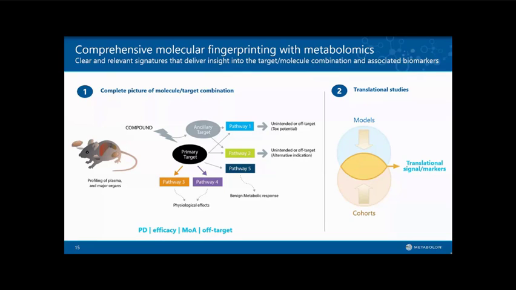And what I've highlighted on this slide over on the left is really where that starts, in animal models. Ultimately, the idea is dosing your compound target combination to see essentially: are you hitting the target? Are you seeing a signal that reflects efficacy? Are you seeing any potential off-target effects or liabilities? By doing that in one shot with a metabolomics study, you can gain a really deep understanding of the MOA and the target molecule combination. And this is highly relevant for both large pharma as well as small and emerging pharma.